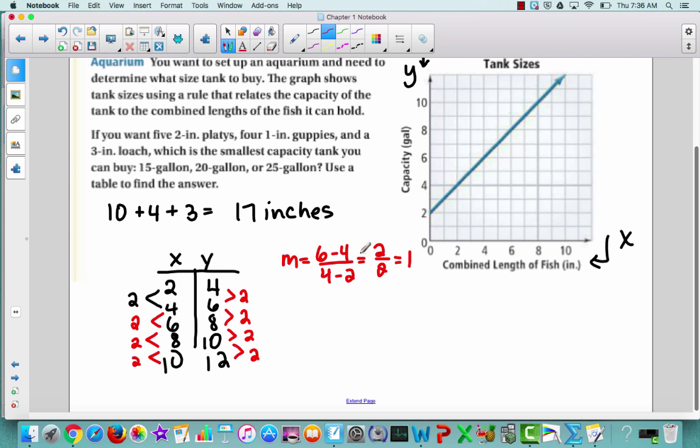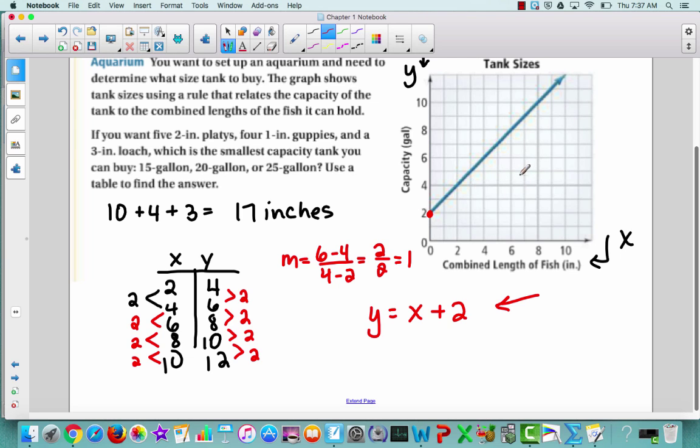So what I'm trying to do is put this into y equals mx plus b form. I have my slope, and now I just need a point. Well, the point that we love is the y-intercept, and if you look at this graph, I have the y-intercept right here. It's 2. So now I can plug that into y equals mx plus b. Our slope is 1, so 1x, I'm just going to put x, plus 2. So what's that saying? That this equation is representing the data, or almost the sequence